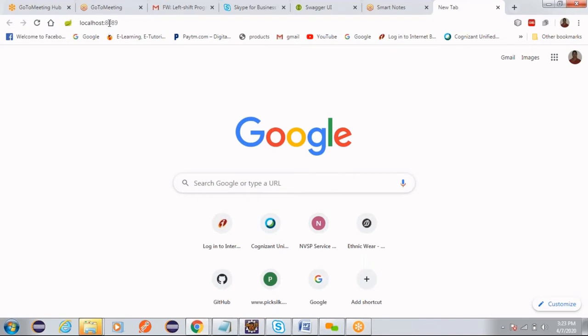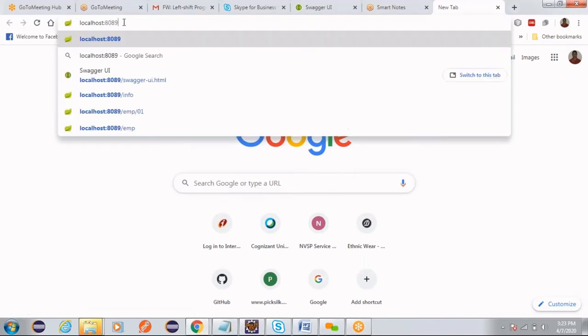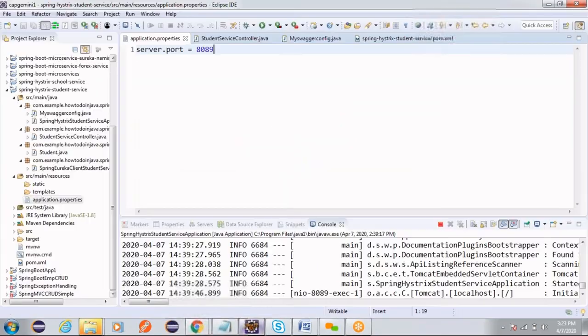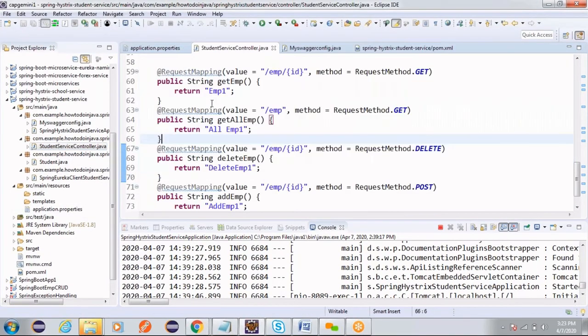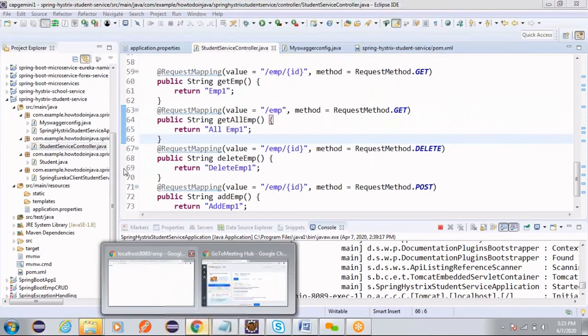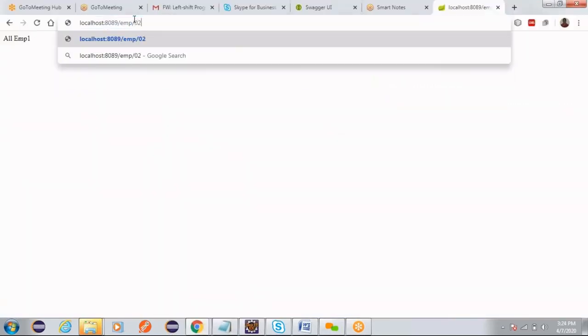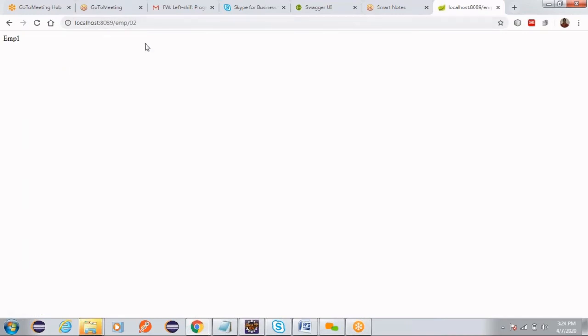Whenever you open it the first time, you give the port number, and then you can try executing individual methods. What are the methods we have? Let's say emp. It has to display all the employee details. I don't have any data for this, I am just displaying a string. So here you can observe that in all my controller methods, I have just a string as the return type. So that is what I am executing here. /emp/ and some ID I am giving, then it will be likewise.